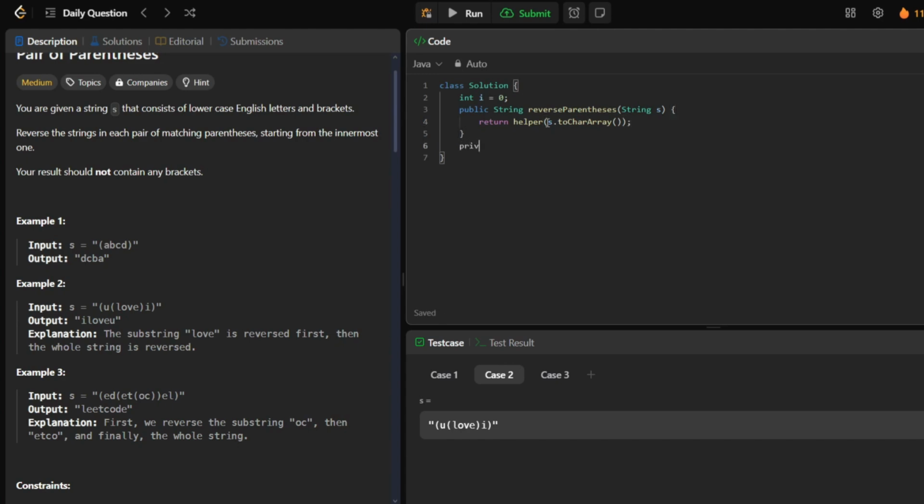Then we can initialize our private method, which is going to return a string, called helper, and it's going to receive a character array s. So we're going to initialize our StringBuilder called sb, and it's going to be a new StringBuilder. And the reason we're using a StringBuilder is because it allows us to easily reverse and add words and characters to our ultimate output. And then we're going to set up a while loop. While i is less than s.length,